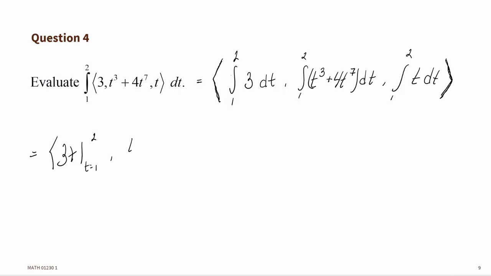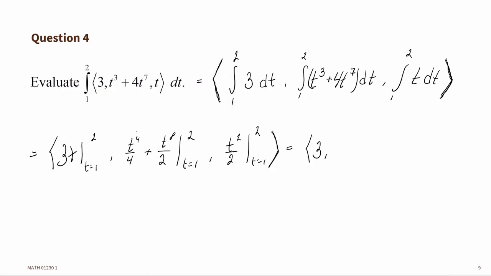Then it's t to the 4th over 4 plus t to the 8th over 2. That is from 1 to 2. And t squared over 2, again, from 1 to 2. First component, we just get 3 times 1. For the second component,